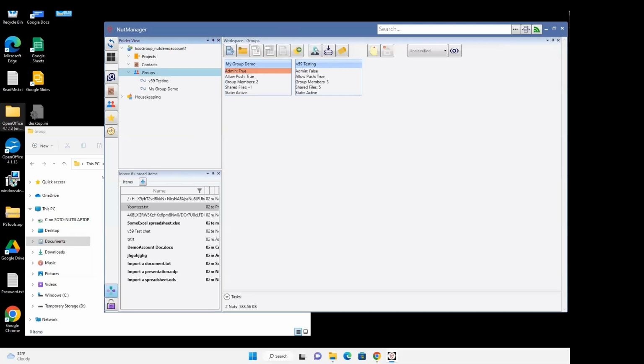In this tutorial short, we're going to create a group and talk a little bit about how the secure document and messaging occurs within the Nut Manager ecosystem. Our first tip is to establish a group. For example, I'm going to select the groups folder, right click, and select new group,